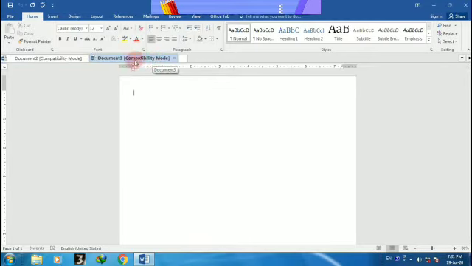Done. And next, students, see, these are your tabs showing how many pages and how many new documents you have opened. So click on this, and after clicking, that document will be activated. So see, now you can type any content whatever you want. We have typed this content, and after typing this content, students, now we will go to another option.